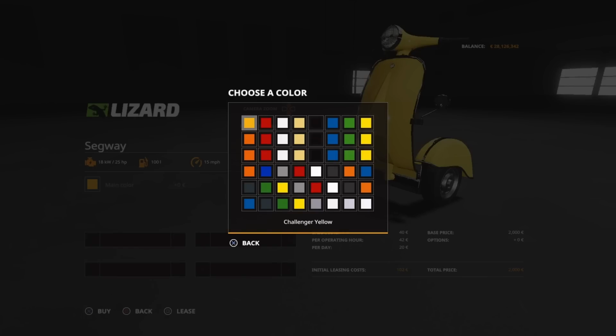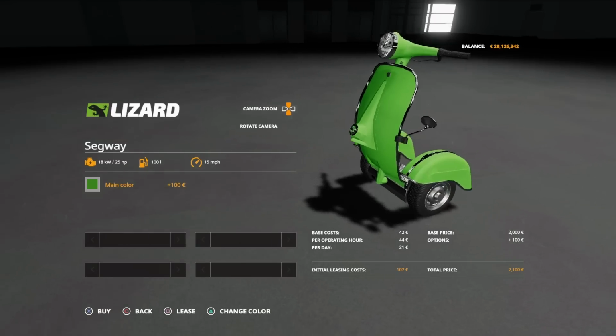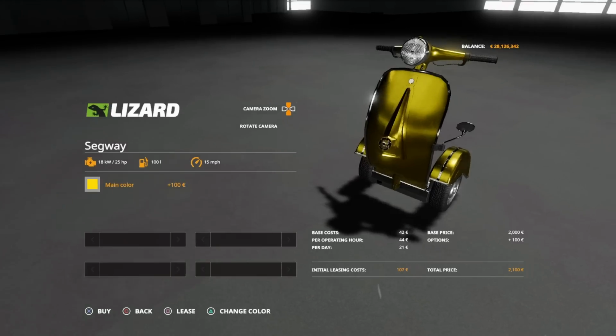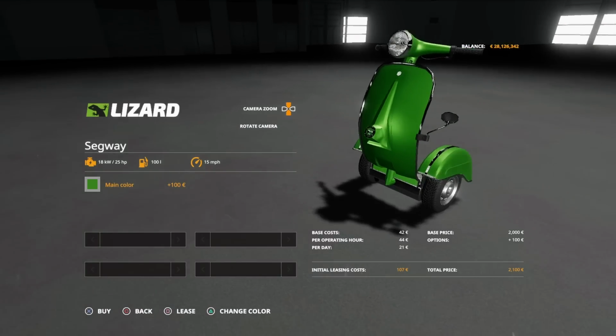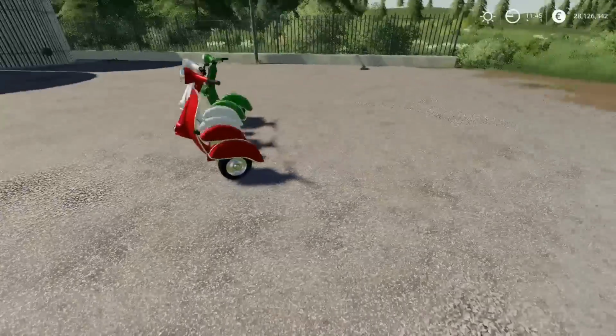Now we do have the Challenge Yellow, but we have metallics, mattes and satins in orange, red, white. The tan one looks almost gold, but that's a kind of nice look. We've got black as well, blue. Let's have a look at the metallic. Oh, that's the matte. And then we'll have a look at the metallic. Yeah, I do prefer the satins personally. So anything off that palette to choose from, we'll hop on,